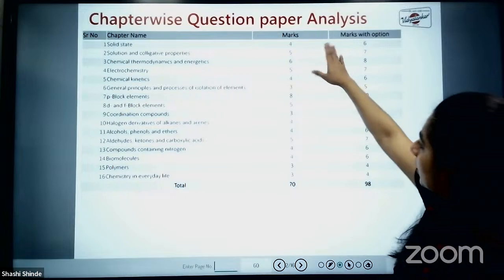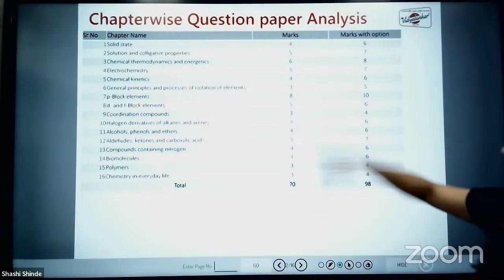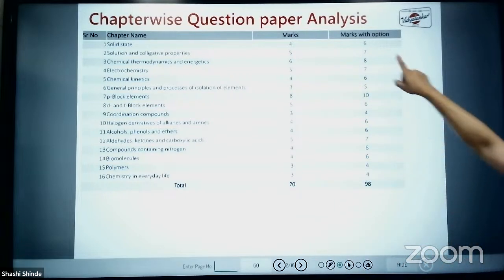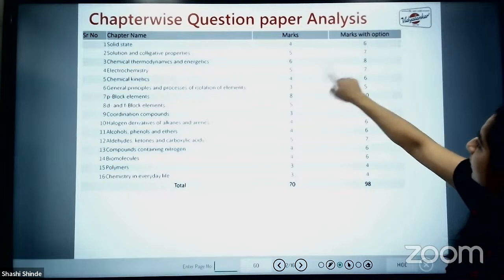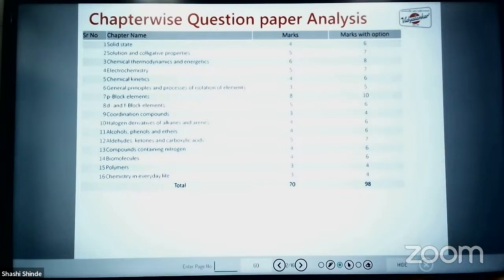The rest of all chapters are either 4 marks or 3 marks compulsorily, including option 4, 6. Then 5 we have 7 marks. Fine. So these are